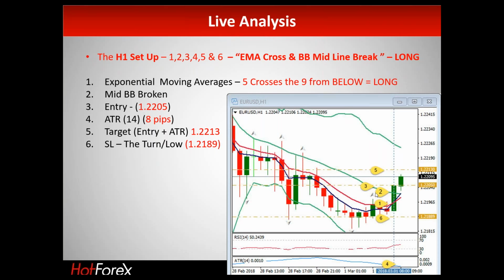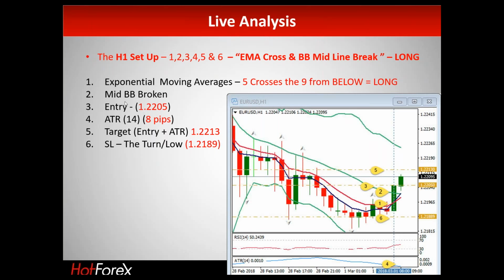So we got 1 here. The exponential moving average, the 5, crosses the 9 from below, so we're going long. So on this particular chart, the dark blue line is the 5-period exponential moving average, and here the blue has now crossed the red line, so that's 1. So the blue, the 5 EMA, has crossed from below to above the 9-period EMA, so that's a potential long